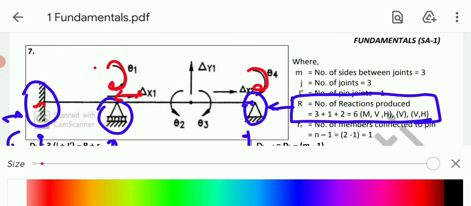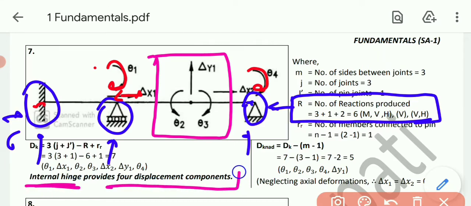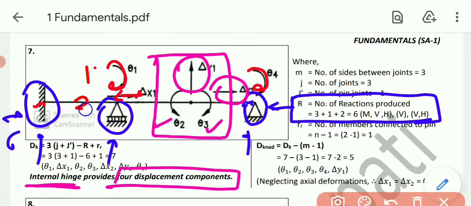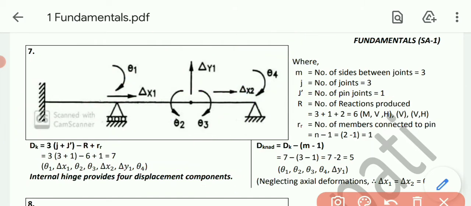Now this one is something new, this time over here it is given a pin support. In case of a pin support, we have seen in the theory, whenever a pin support is there, or we can say internal hinge, it provides 4 displacements: 2 rotations, theta 2 and theta 3, and horizontal delta x and delta y. Okay, so always remember this rule that an internal hinge will provide an extra condition. So let's calculate our answer. See, 1, 2, these are 4, so 3, 4, 5, 6, and over here 2, 7, 8. So our answer of DK, just a minute, 1, 2, okay, 1, 2, 3, okay, over here only one reaction is there, so 7. So ultimately our answer will be 7.